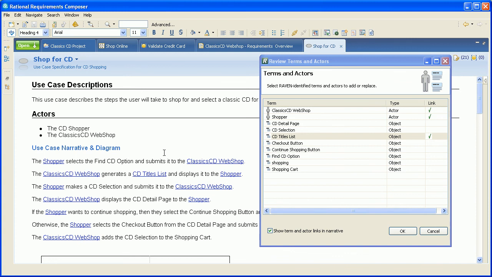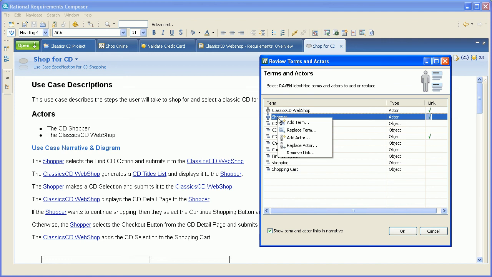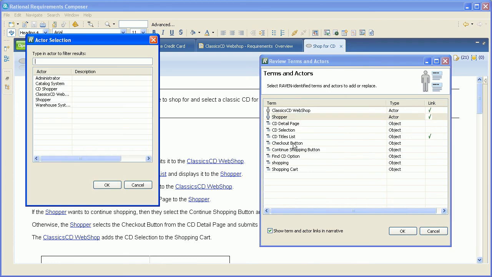Now, one other thing I'll show you while I'm here is we also have the ability to work the other way, to actually replace terms and actors in the narrative with those that already exist within Requirements Composer. So for example, if I wanted to replace the actor shopper with another actor that already exists within Requirements Composer, I'll select the Replace Actor function, and let's say that I want to replace it with the actor named CD Shopper. I'll select that, click OK,